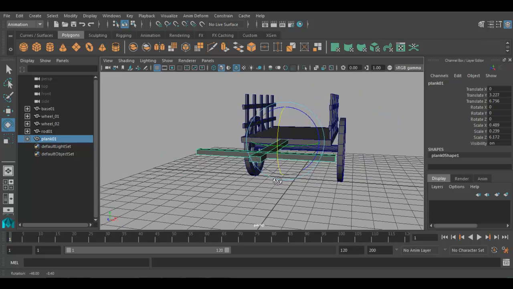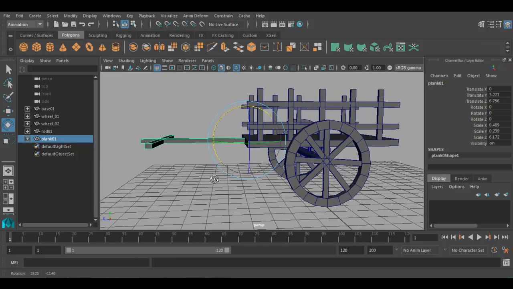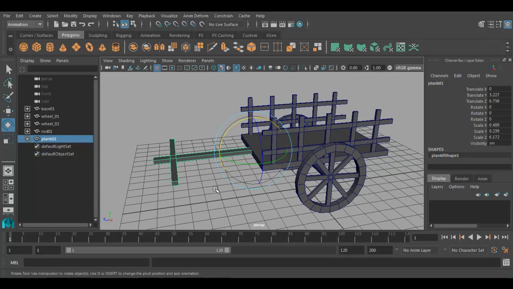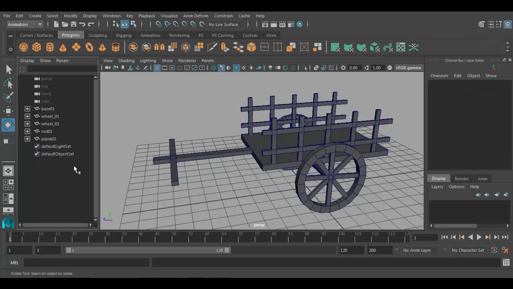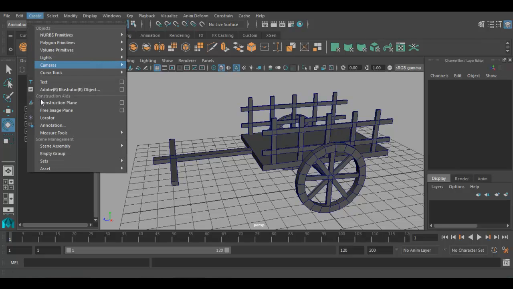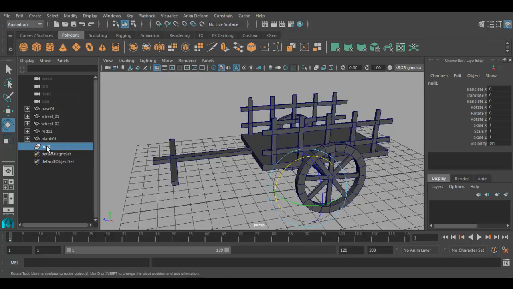Now I want to move all these into one single group. So how to do that? I want to create one main group which will contain all these hierarchies. For that, what you need to do is create a null group. To do that, go to Create, Group, Empty Group. So this is a null group right now over here, and I'll rename it as cart underscore geo,